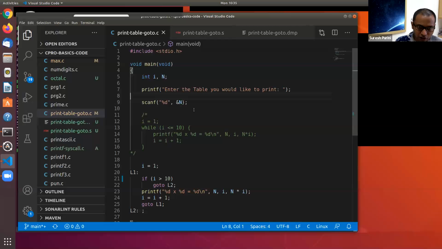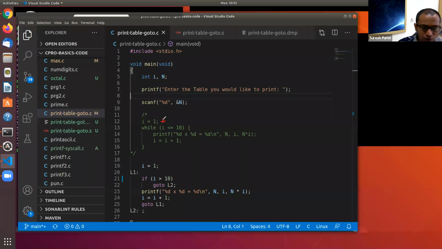And after the body of the while statement gets executed, you go back to the beginning of the while statement. And again, when we go back to the beginning of the while statement, the condition is checked. So let's see. And if you see the equivalent code that is written from line 19 to line 26, this is how it works.